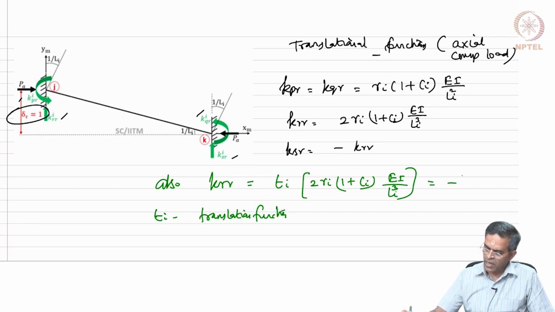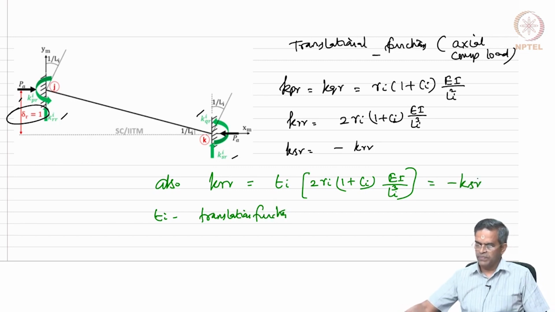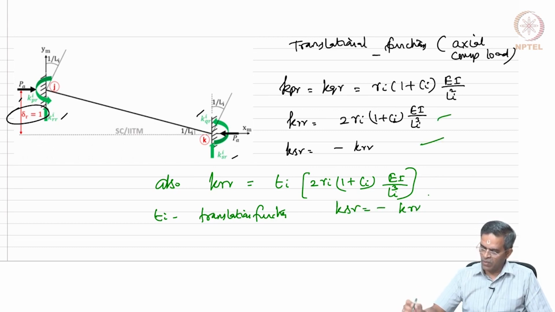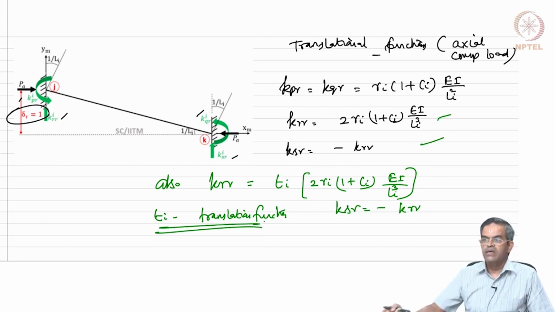We also say this is minus of KSR. Sorry, we should write this way. KSR is minus of KR. We follow the same logic here, okay, where Ti is a translation function